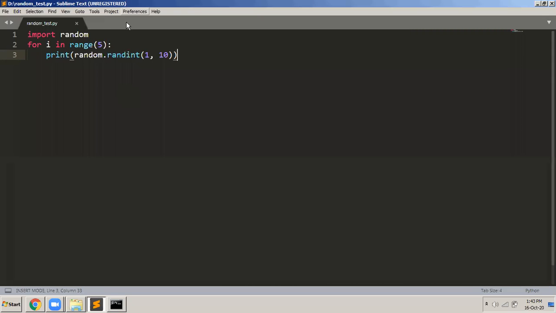I will not use a for loop right now. I will write a very simple program. This simple program will just import a library called random, and then generate a random number. I will make it simple. I will just write x is equal to